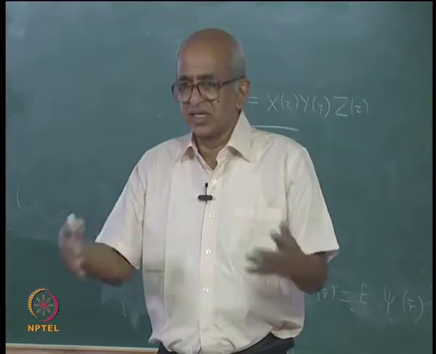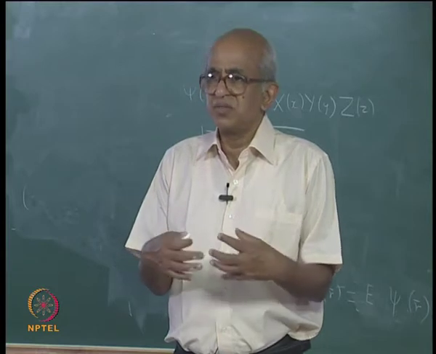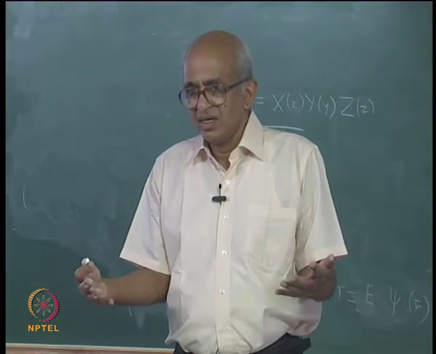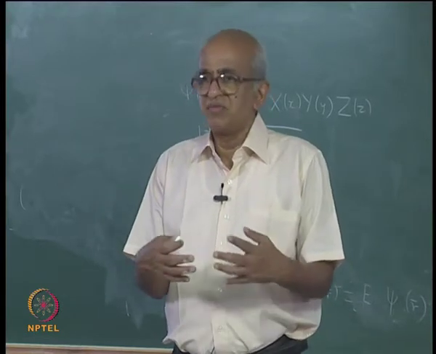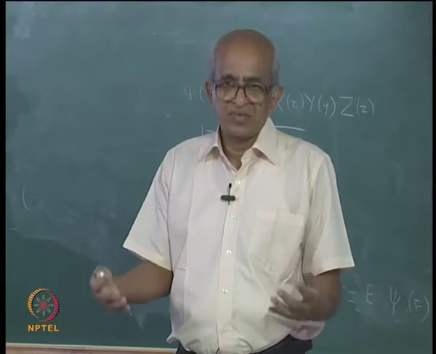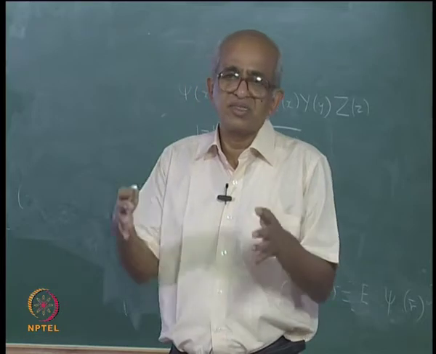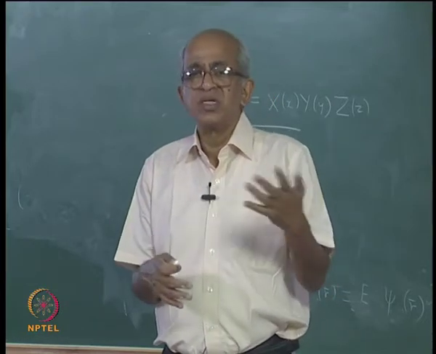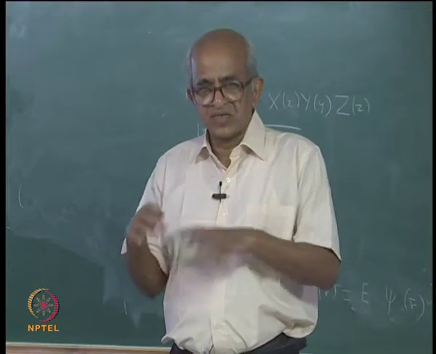This is a potential that has spherical symmetry, and if you have a problem with spherical symmetry, you have to make use of a coordinate system which will exploit that spherical symmetry of the system. You should not use Cartesian coordinates. Cartesian coordinates are appropriate if you had cubic symmetry. So, this is a system which has spherical symmetry.